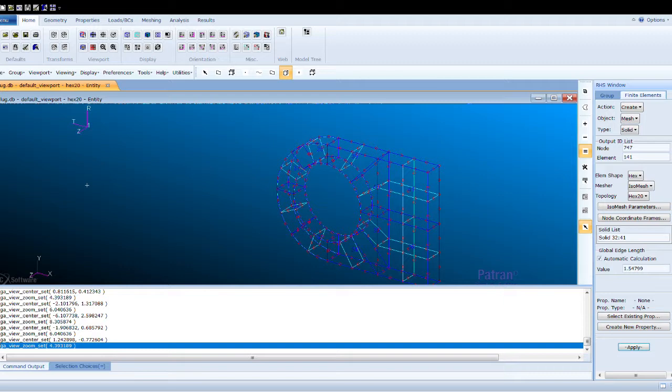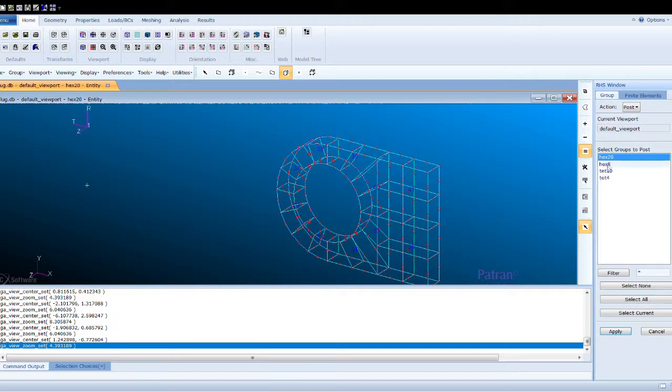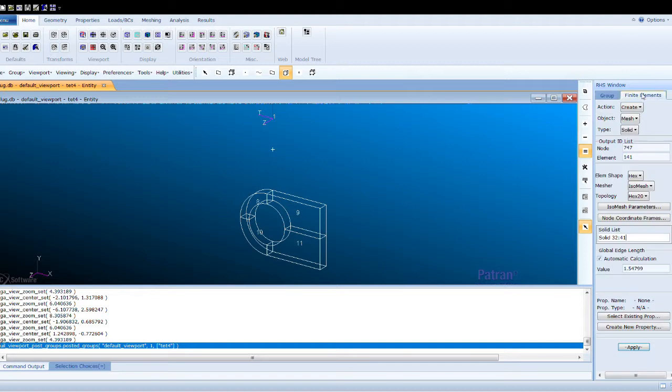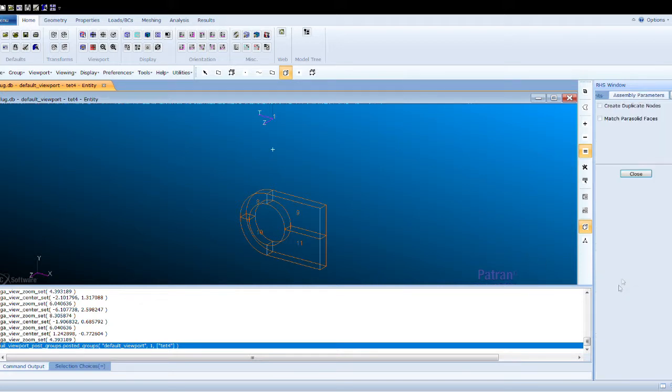For the TET4, we're going to group, post, and select the TET4 group. We will create also a match, but this time the topology will be TET4. The solid input list will be the one that is being shown, and we will have to go and click